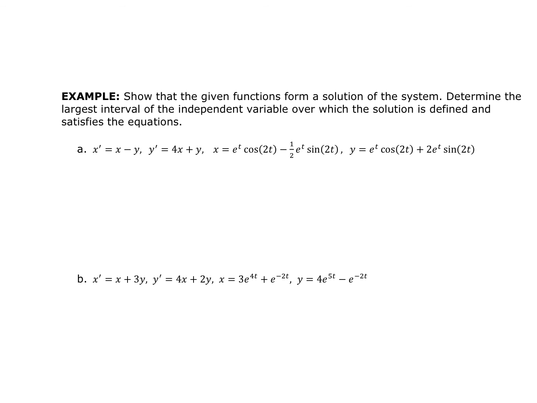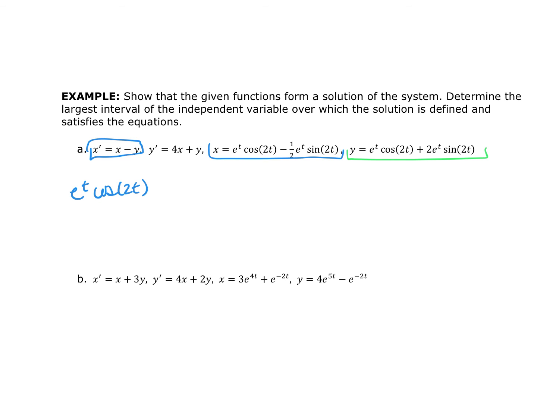So with this, the first thing I'm going to do is to see what happens when I have x minus y. Well, this is x, and this is y. So I'm going to go ahead and just check x minus y. Okay, so x is e to the t cosine. Actually, I want to do that in blue. Because remember, what I'm checking is whether or not this is a true statement. Are these equivalent? So I'm going to go ahead and do x, which is e to the t